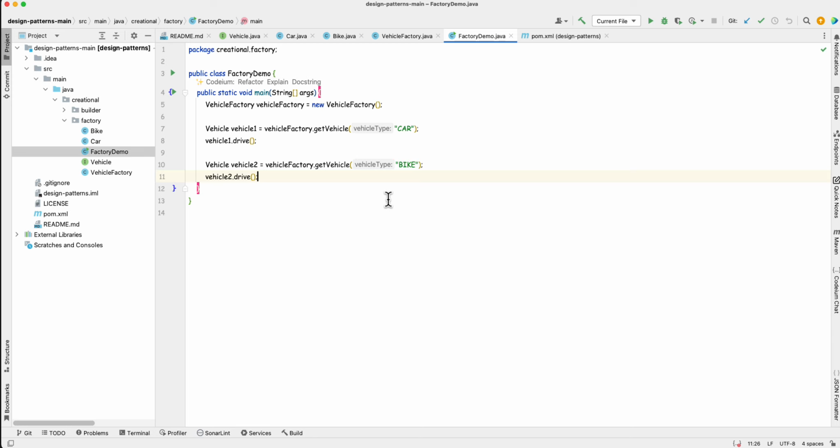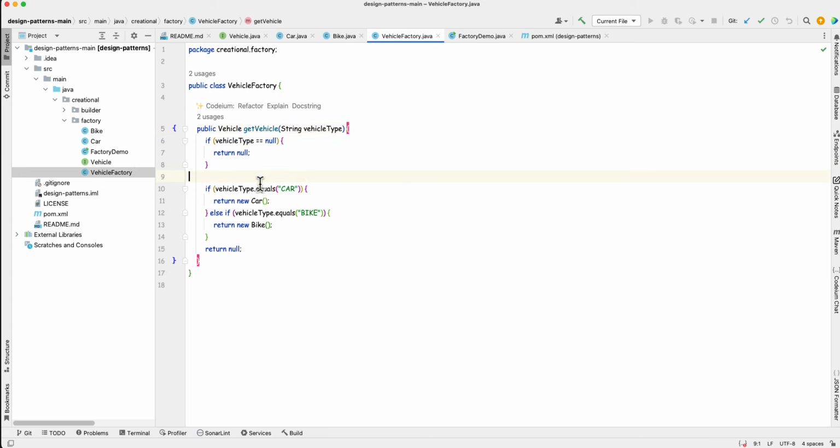Plus, our code also is clean. Let's say tomorrow we need to make changes in the construction logic of the Car object. We need not visit the client usage of the code. We will just go to the factory and make changes there, to how the Car object gets constructed. And this is the benefit of the factory pattern. First benefit is abstraction. The client code only deals with the Vehicle interface and not the concrete classes.